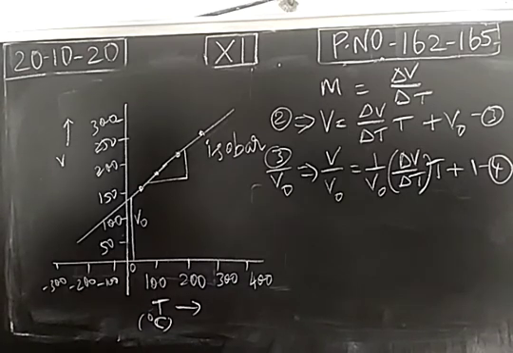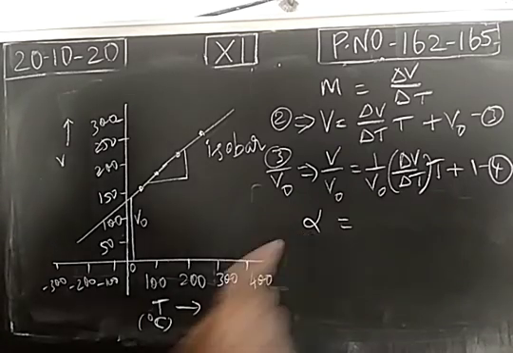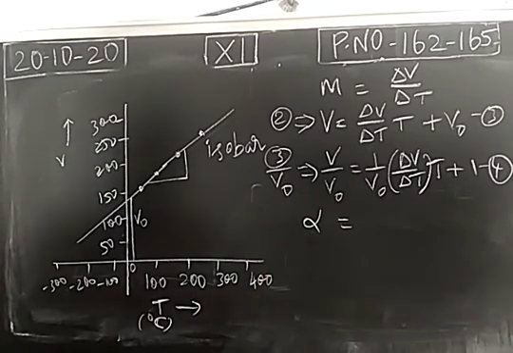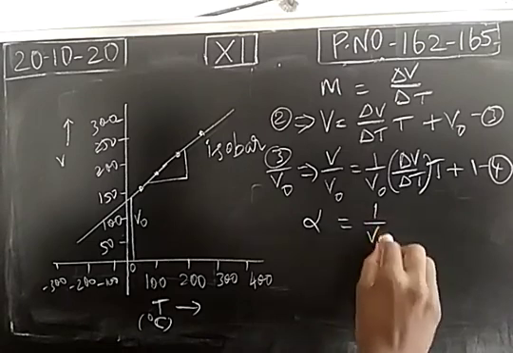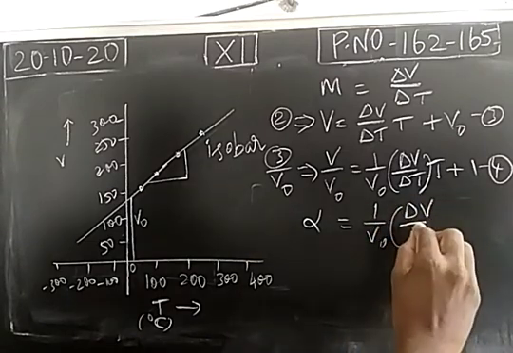So based on that, they introduce the value alpha. Alpha is nothing but the increase in volume of gas for 1 degree rise of temperature. When the gas is at 27 degrees Celsius, when we increase the temperature by 1 degree Celsius, to 28 degrees Celsius, how much has the volume increased? So the factor alpha is introduced. This is nothing but the increase in volume of gas for 1 degree rise of temperature, which is 1 by V0 delta V by delta T.